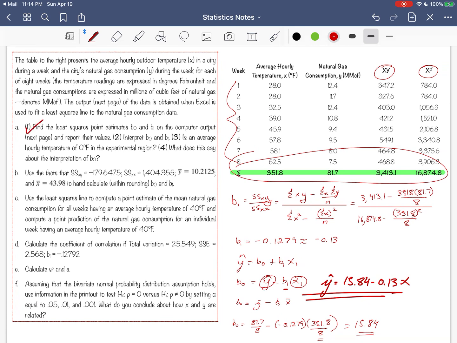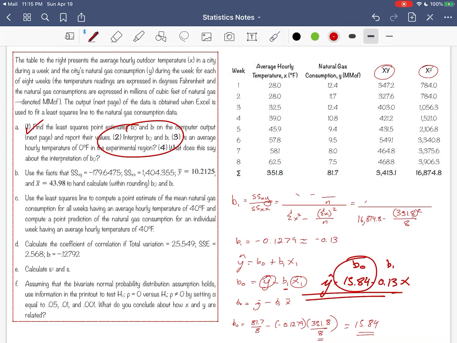Part 2, it says interpret B0 and B1. Let's start with B0, and this is B1. So when x is 0, the consumption of natural gas in the city is 15.84 million cubic feet of natural gas. Now, although this is the technically correct answer, you have to observe that